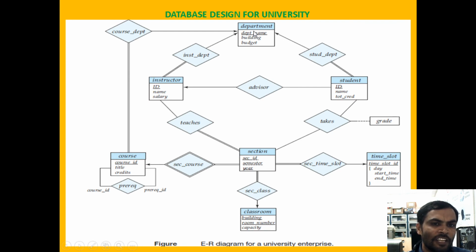If you want to define the entity, an entity is represented in the format of a rectangle symbol. The rectangle symbol is categorized into 2 parts. The first part is the header part, where we give the title or the table name or schema name. Then coming to the body part, there we give the attribute names or column names. Now, between the department table and the instructor, a relationship exists. The relationship we represent in the format of a diamond symbol. Now, actually it is an ER diagram.